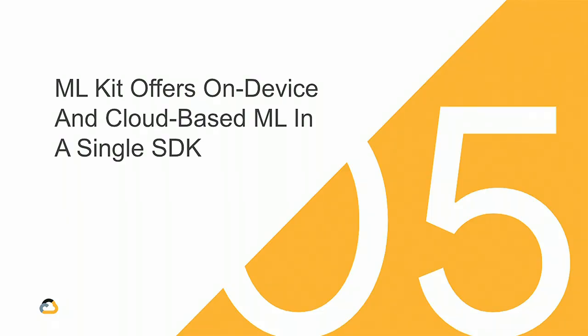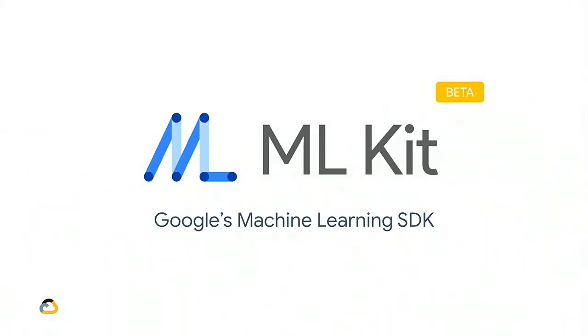Thanks, Laurence. As Laurence described, ML options may look like a scary map at first look, because we would like to provide tailored solutions for each use case. As a developer, you want to implement these solutions together. Hence, you can use ML Kit as a single SDK. ML Kit is a mobile SDK that brings Google's machine learning expertise to Android and iOS apps in a powerful yet easy-to-use package. It comes with a set of ready-to-use APIs.